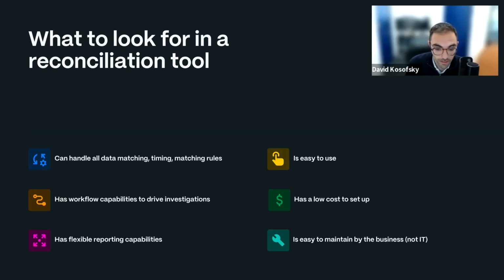Okay, so we've discussed up until now some of the benefits of automating, the problems that are facing the payment ecosystem now, and the benefits of automating some of those processes. If the idea of automation is appealing to you, I just want to take some time to think about what a good automated reconciliation tool will possess. The first one is that it can handle all of your data enrichment, timing, and matching rules. This includes being able to work with any data you throw at it, blend data together, persist data for timing differences, and do all of the complex matching that you need. For example, if a solution is able to handle only 50% of your needs, or it can ingest only a certain type of file that you're working with, it's not really going to deliver the benefits that we saw above.